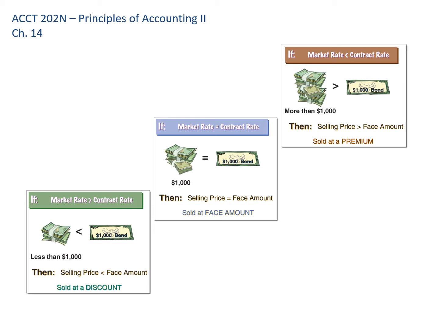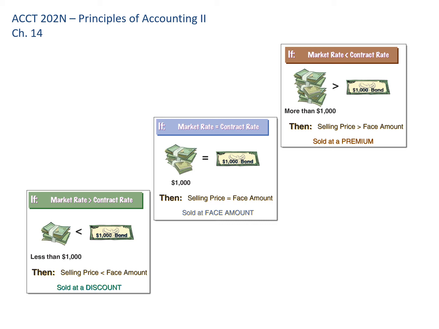If instead I offered a rate that is less than the market rate, say the market rate is 6%, but for whatever reason I don't know that and I issue my bonds at 5%, now I'm offering to pay less interest than other similar companies are offering to pay, and investors know that. And so they're going to say, well, you're paying 5%, that's all well and good, but I want my 6% because that's what I should get based on my assessment of the risk of your company. So I'm not going to be willing as an investor to pay $1,000 for that bond. I may pay $950.